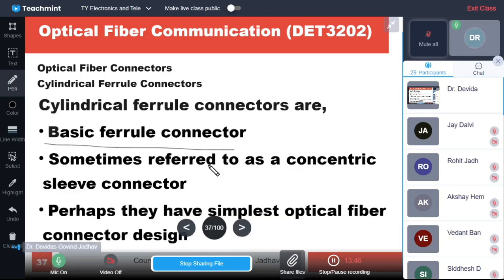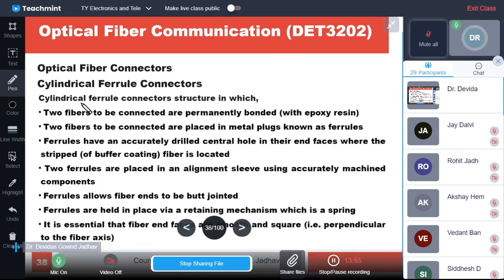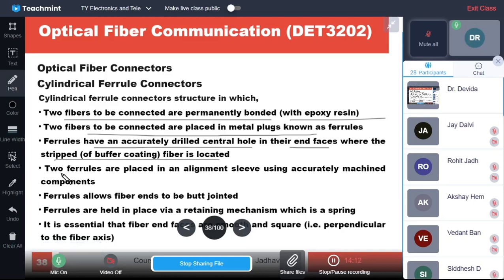So it is a basic ferrule connector, sometimes referred to as a concentric sleeve connector, and it is the simplest in design and use. In the cylindrical ferrule connector structure, the two fibers to be connected are bonded with epoxy resin and placed in a metal plug, and the ferrules have accurately drilled holes, due to which the fibers are automatically located. Two ferrules are placed in an alignment sleeve, and these are accurately machined